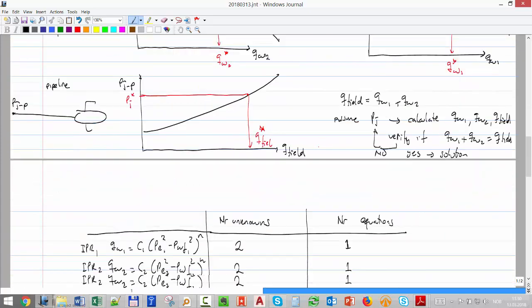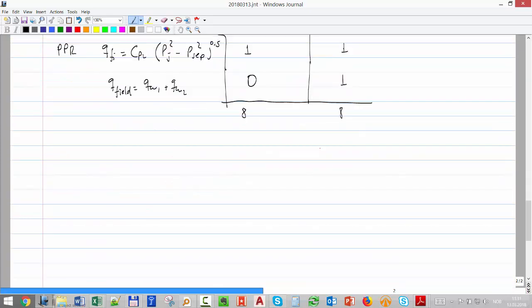Can we do it here in this case? So let's say fixed rate calculations for a network. Let's take again the same example, with two wells, but now we're going to make one assumption. We have a choke, right? We are going to assume that the distance between the exit of the choke and the junction is very short,